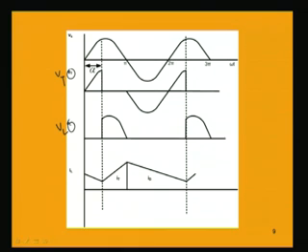At this point it starts to conduct, it conducts or fires at this point by using triggering voltage. We are firing the thyristor, and then it turns on, thyristor voltage becomes 0,